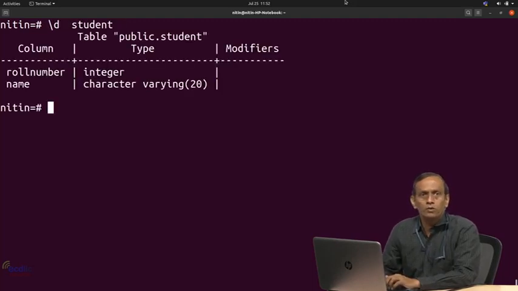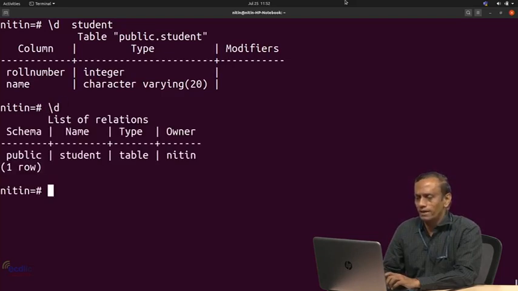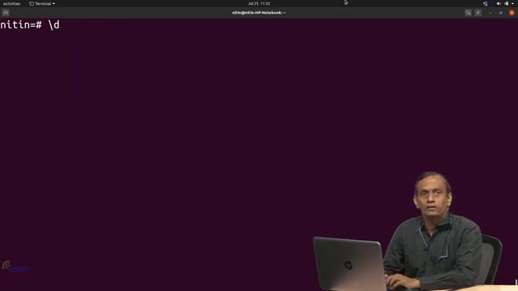Now we want to see from where exactly this \d command fetches that information about the relation. Whenever I write \d, it shows a list of relations; from where is it picking this? There are multiple default catalog relations created by the database system.